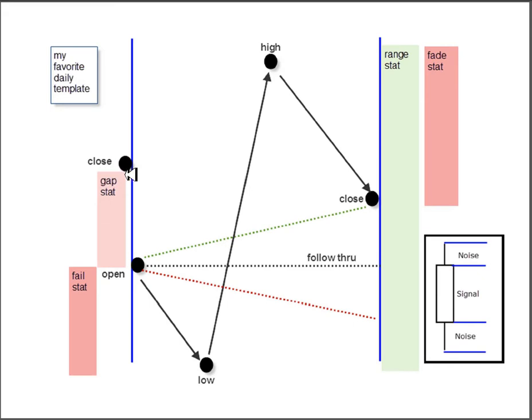So the gap stat is the standard deviation of the last 30 days from the close to the open, and that accounts for opens that are higher than the close. We're interested in the absolute value and taking the standard deviation of that. The fail stat is what we call the average move from the open to the low of the day for the last 30 days. My hypothesis is that,